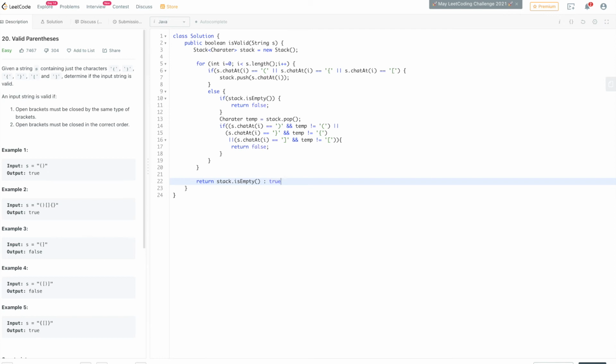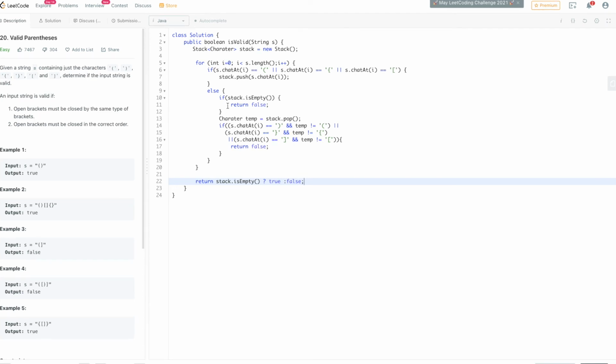But if the stack is not empty, we'll return false, meaning something is still left in the stack. So once this executes, it checks all the parentheses, whether they have the corresponding opening and closing braces, as well as whether they are in the correct order.